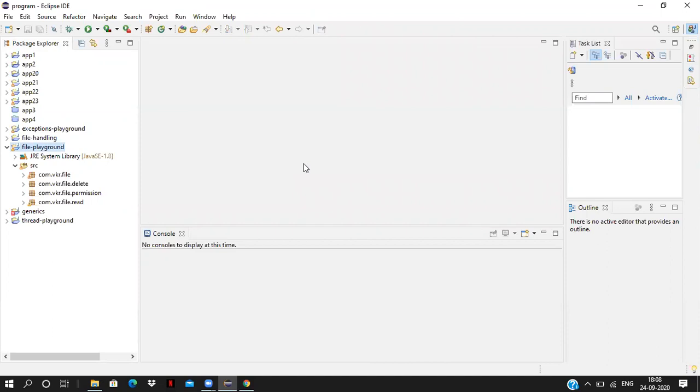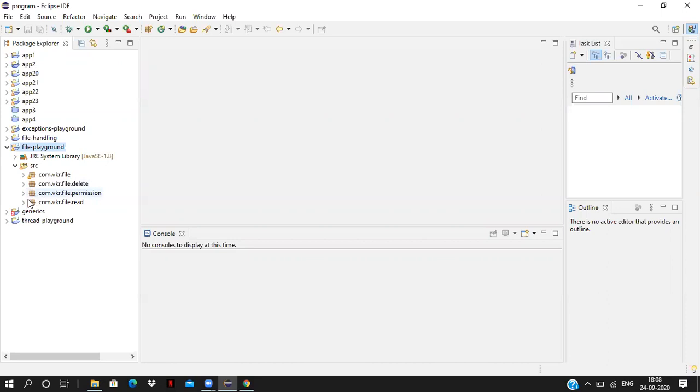Hi. Today we can see the next portion of file handling. Yesterday, the day before, we have seen how to create a file, how to create a directory, how to create a file under the directory, how to update the file name, how to change the file name, how to delete the files, and how to delete the directory which has files. That is all we have seen.